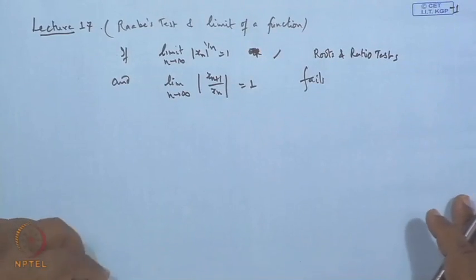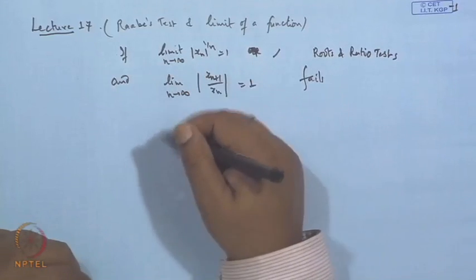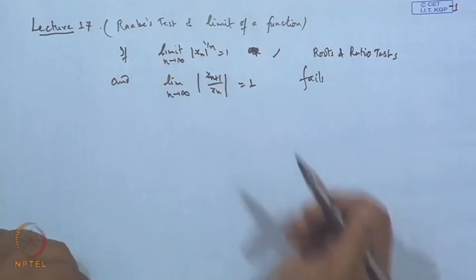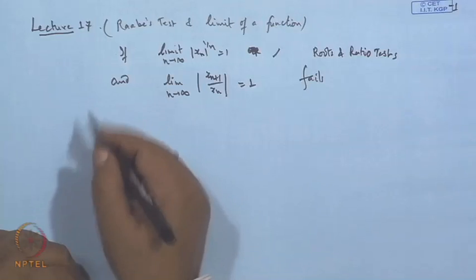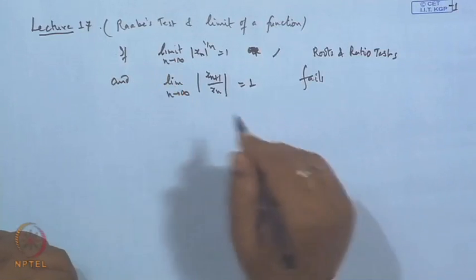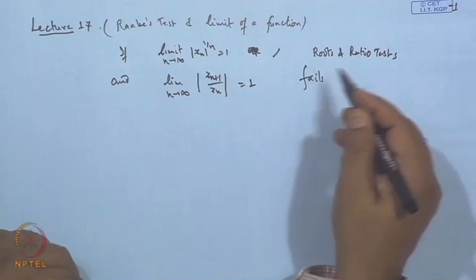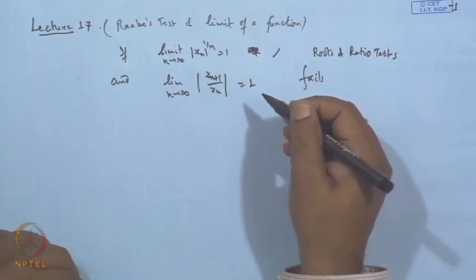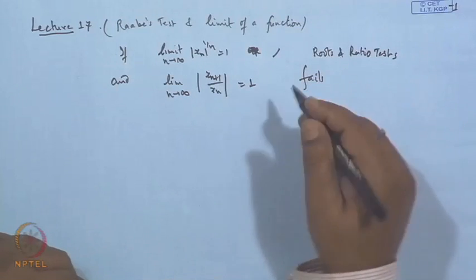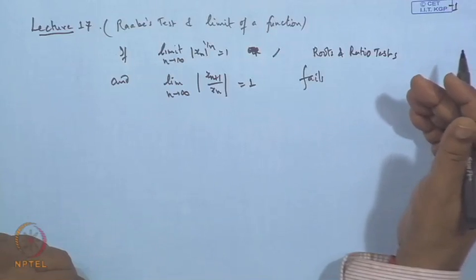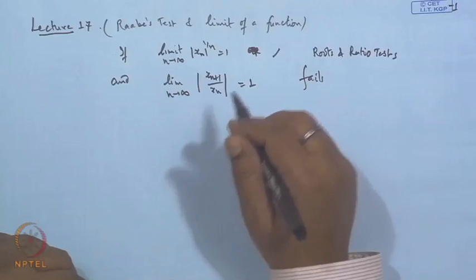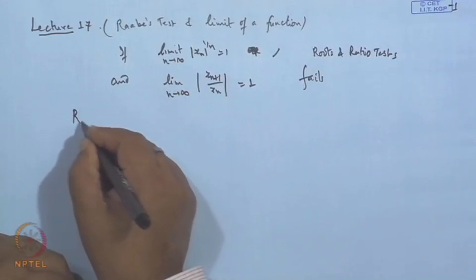So, a further test which will help in this direction is known as Raabe's test, and that can be applied only when the earlier tests fail. Initially when we start, we always go step by step, and then if required we come to the higher level tests. So, Raabe's test says